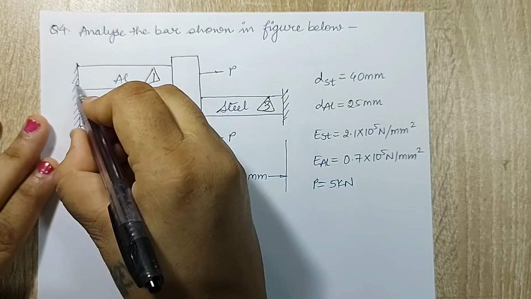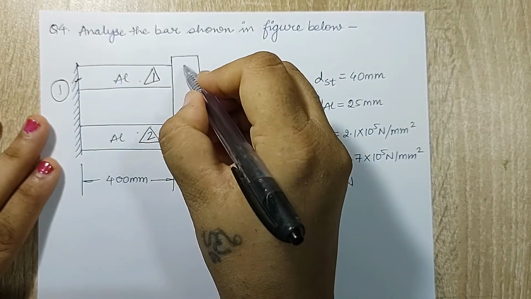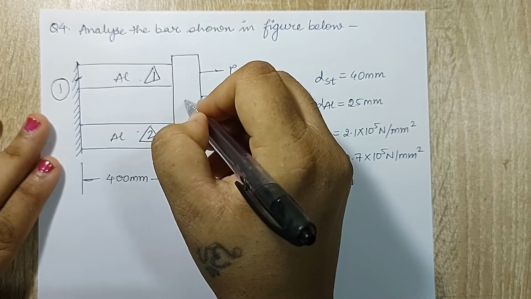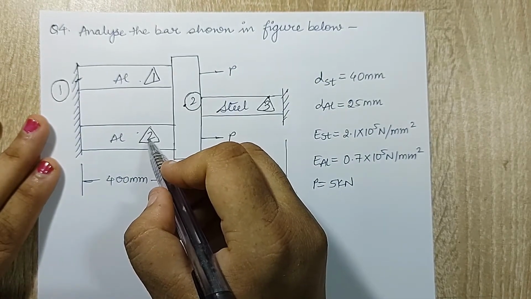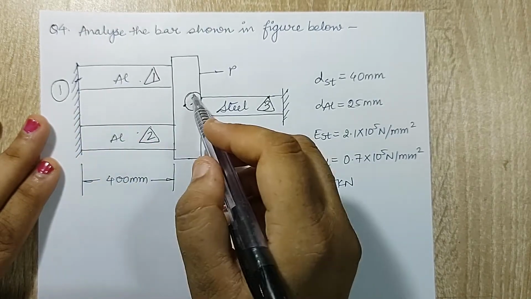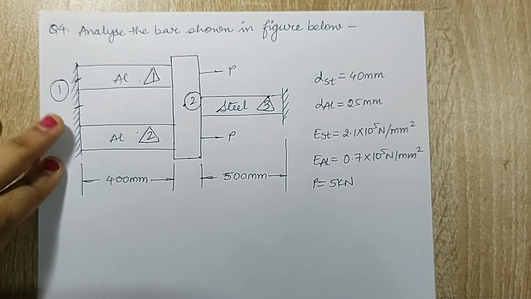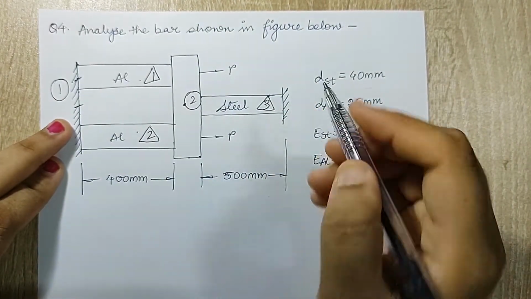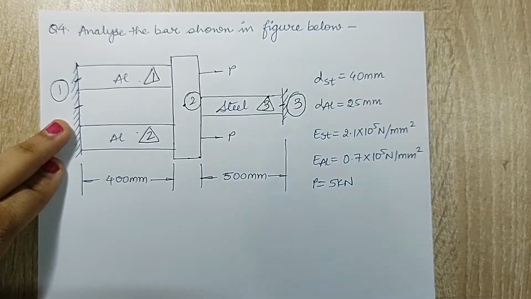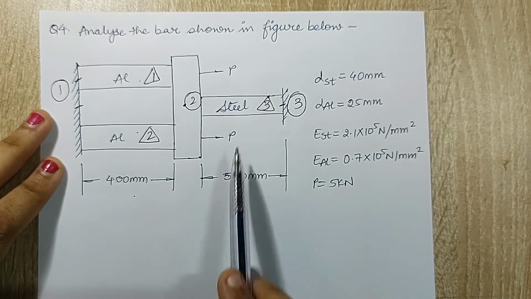Now element 1 will be between node 1 and 2. So assuming there'll be a node over here, I'll just write node 2. Again, element 2 will be between the same two nodes 1 and 2. So rather than marking 1 here, I can just mark this value 1 here. So it is between node 1 and 2, and 3 is between node 2 and 3. So in total there are 3 nodes and 3 elements.